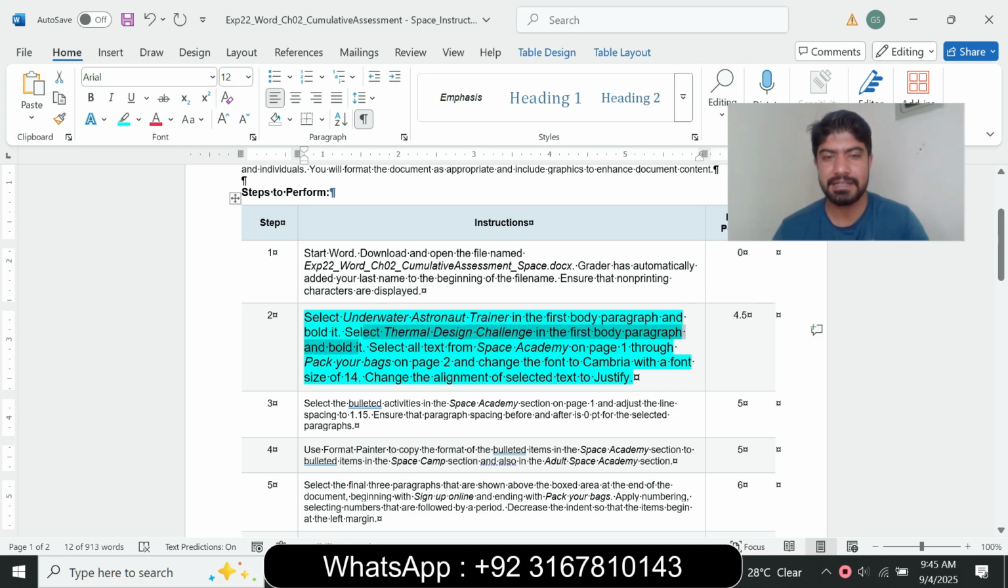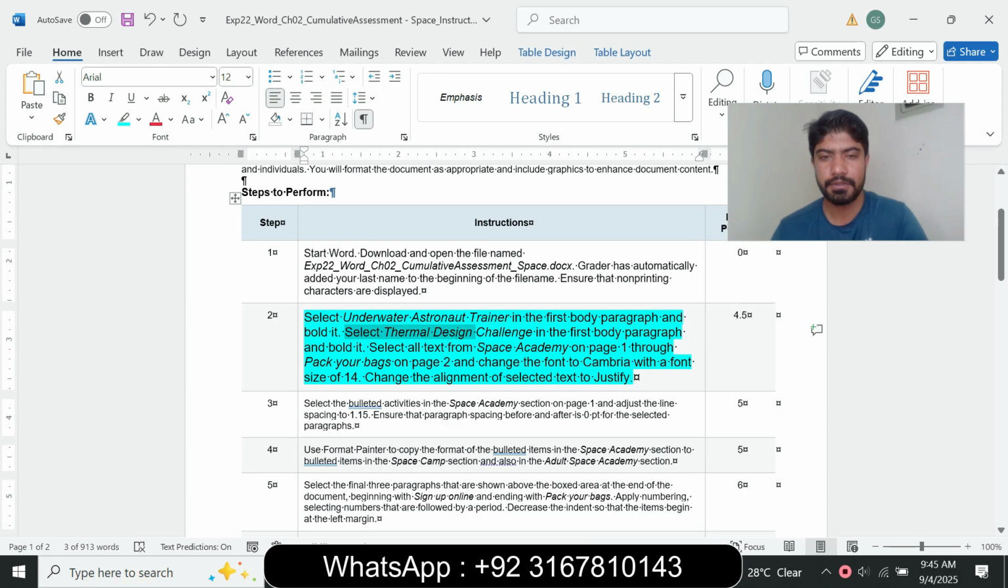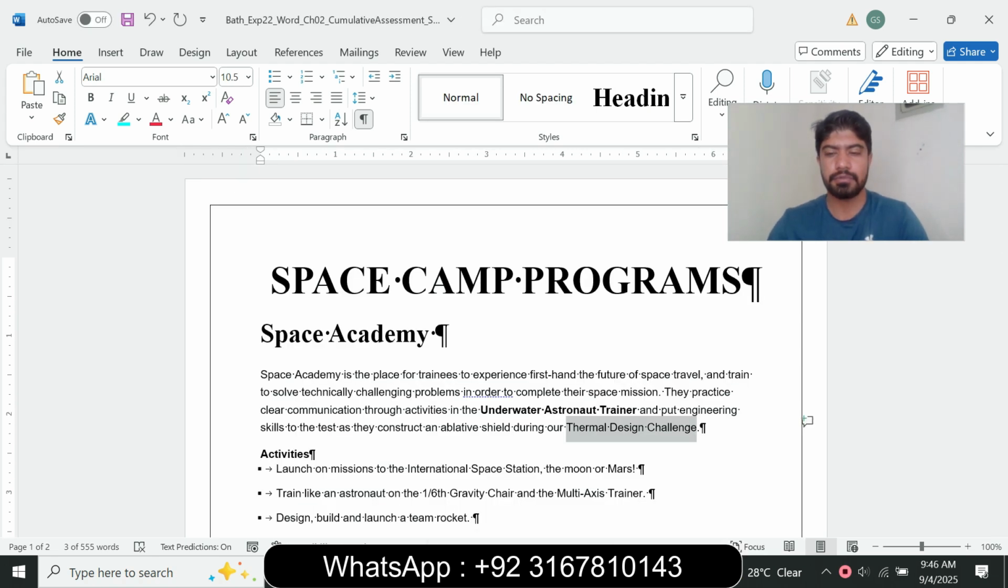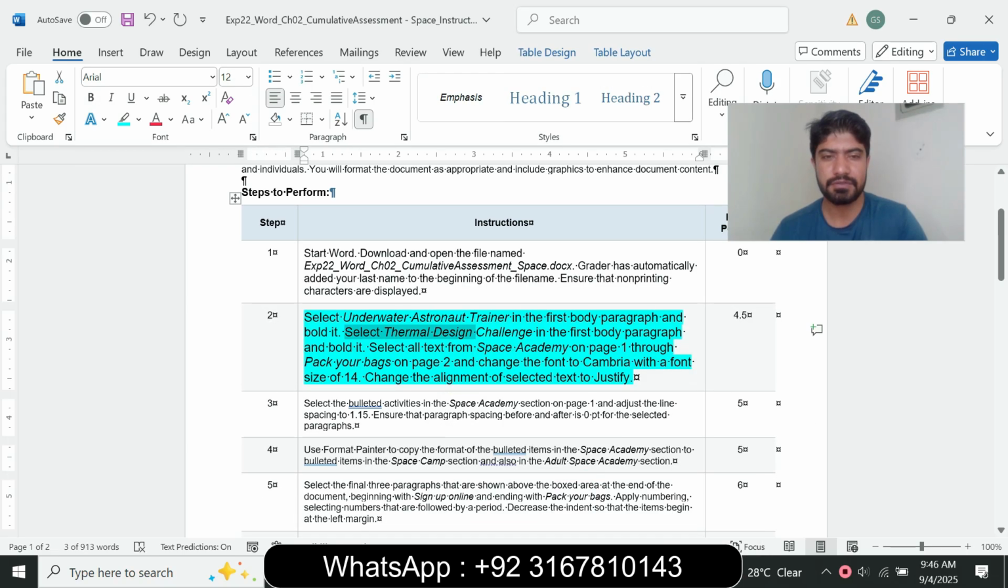select the thermal design challenge in the first body paragraph and bold it. So select the thermal design challenge, go to the Home tab, go to the Font group and click Bold. And next is